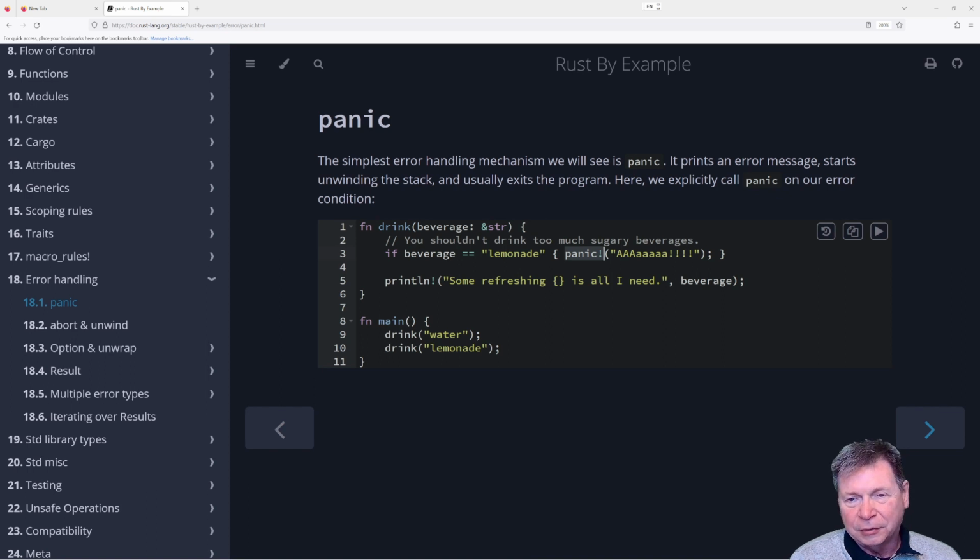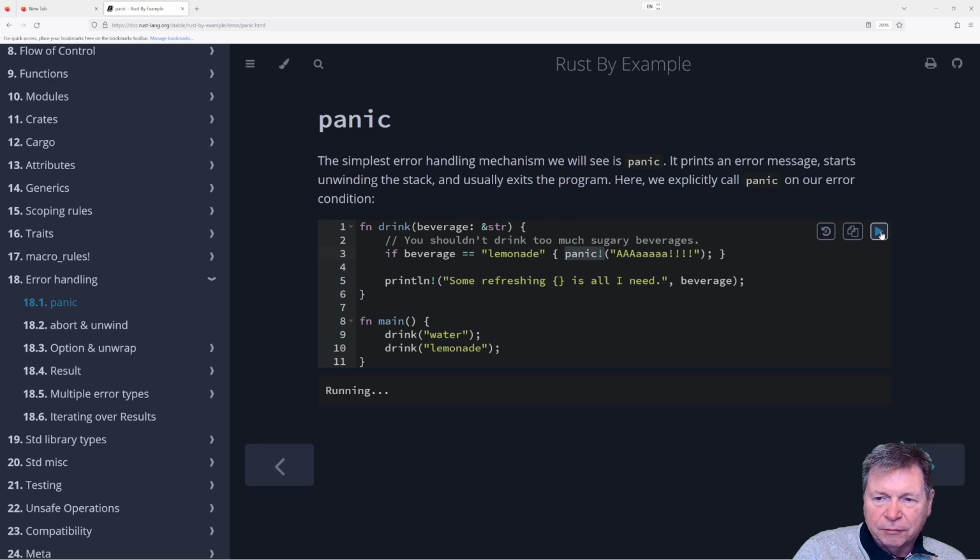Handle things and try to do something more reasonable, like, hey, I couldn't do it, try again, but just survive. Panic is more useful for unit testing in general, where you go, nope, this isn't right. Or if you're doing development work, you can panic if you try to call something that isn't supposed to be there.